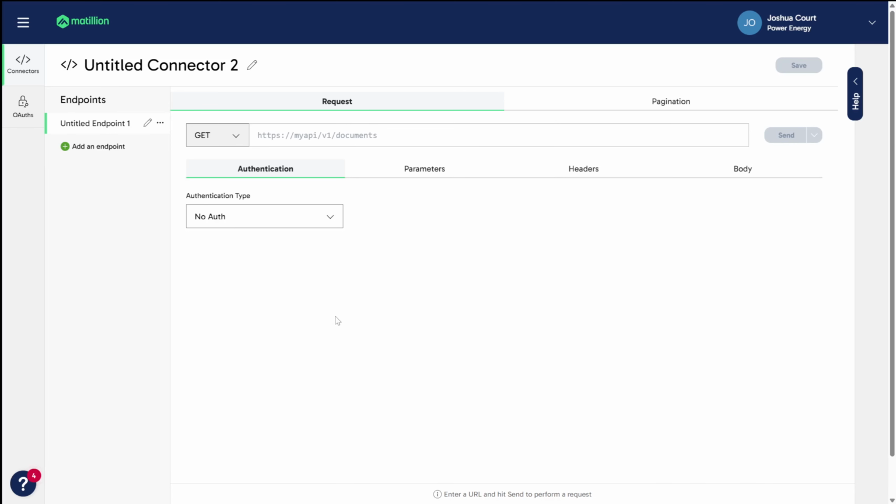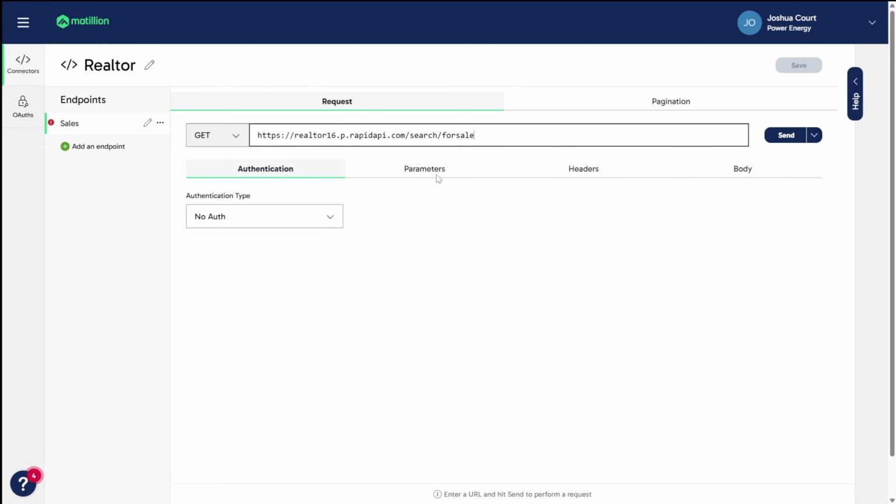Inside of the window that opens, we can configure our custom connector. We start by giving the custom connector a name in the name field located at the top left. Underneath the name of the connector, we give a name to the specific endpoint we want to use. It's worth noting that one custom connector can use multiple endpoints. Then we define which HTTP method the request is going to use. Custom connectors support two HTTP methods, GET and POST. Next to this, we need to enter the URI or URL of the specific API endpoint.